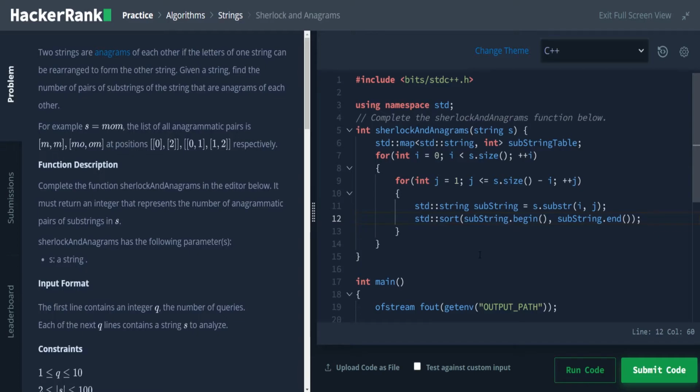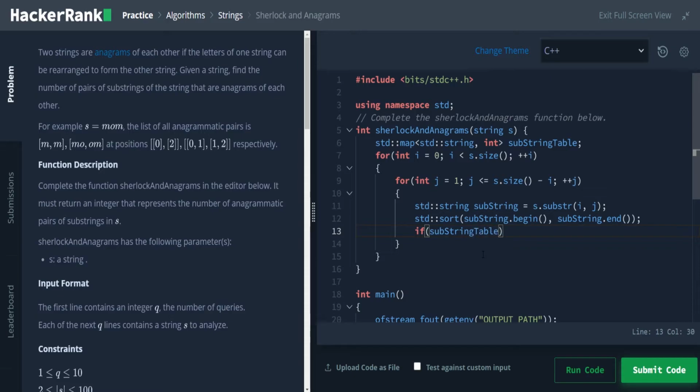So we do have an iterator that points to the beginning and an iterator that points to the end, and it does have a comparable function in that it can determine where it is in ASCII values. If none of that makes any sense to you, it's not that important, but I just thought it would be a nice aside. So now we're going to compare if our substring